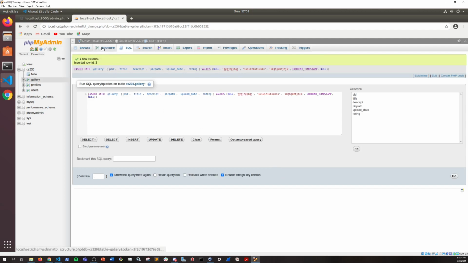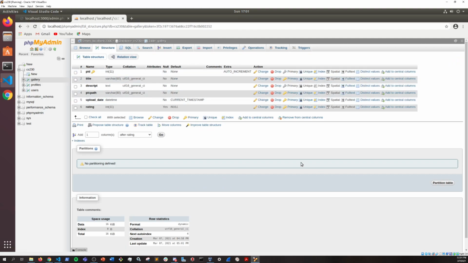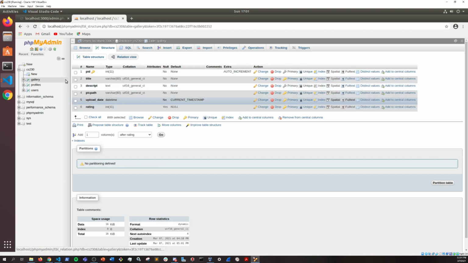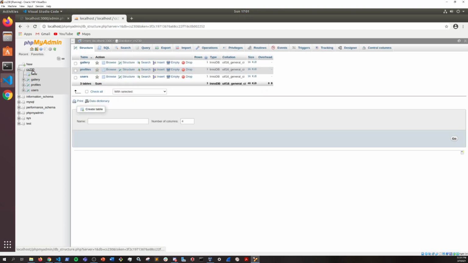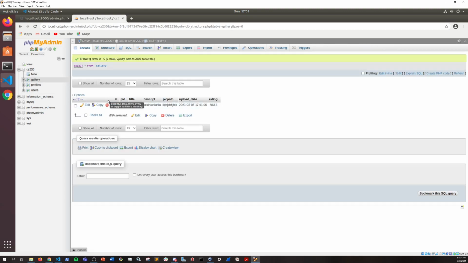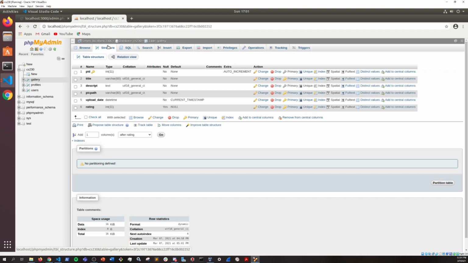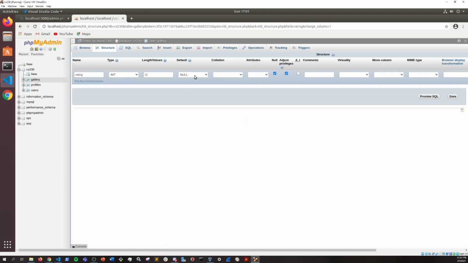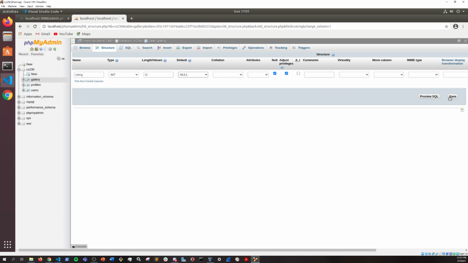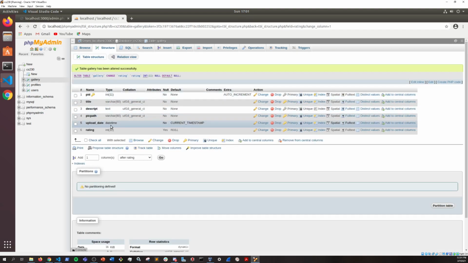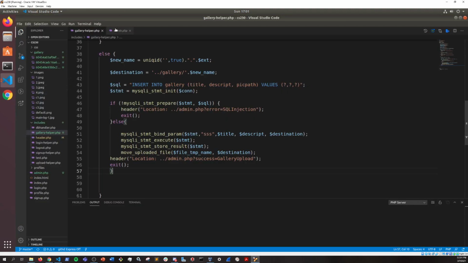So there's two ways to do it. You can either set a rating value to be null and then use that in the SQL statement, or you could just do it by default right in here and change it under the structure tab. So if you're in the CS230 database, you go in the gallery table. I'm gonna just empty that out. We're gonna change the structure right here in the structure tab. We're going to change this rating row and set the default to be null. That's just this default drop down right here, and we're going to save that, going over to the right hand side here. And now when we go and upload,